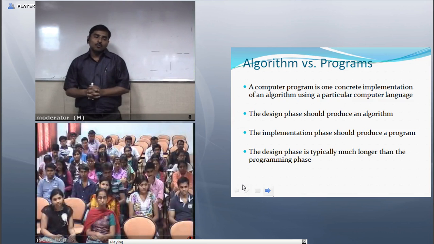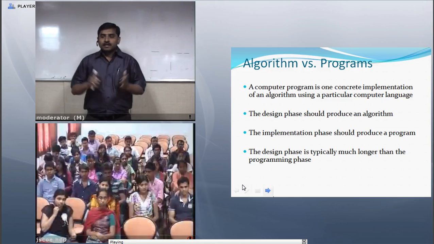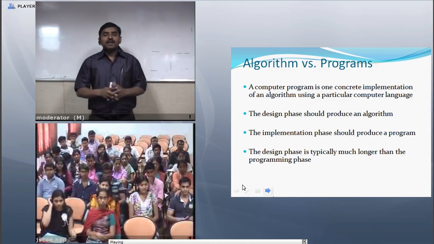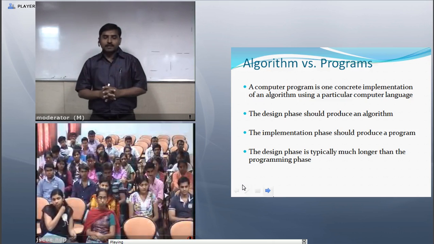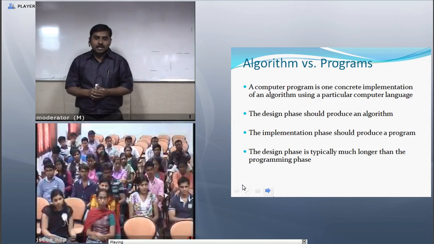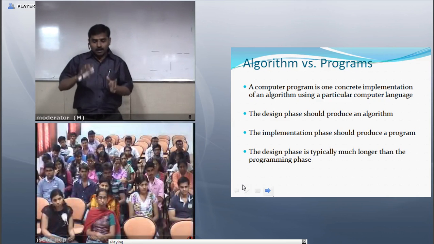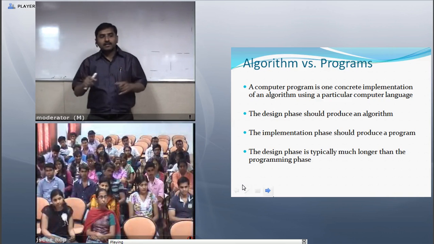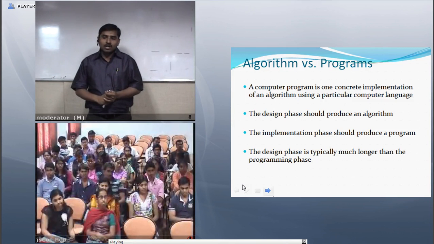In other words, we use the algorithm at the design phase, and the program at the implementation phase. Before writing the program we should first make a proper design, and after that we write the program. The design phase is typically much longer than the programming phase.